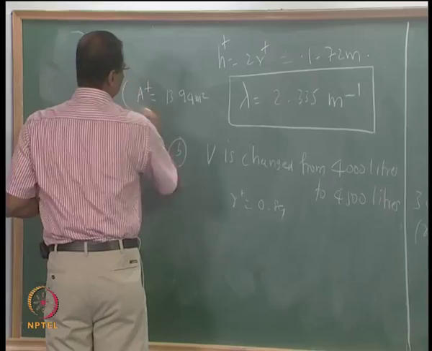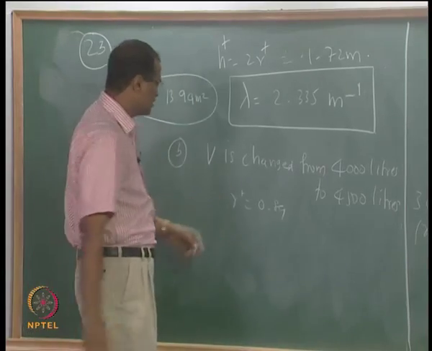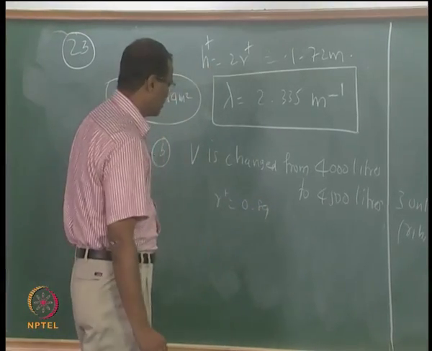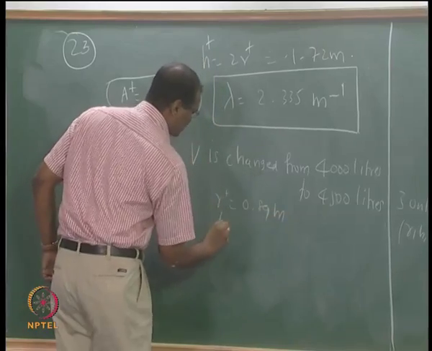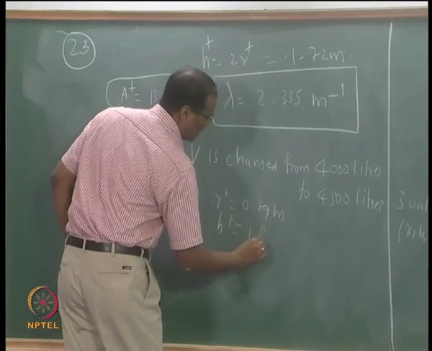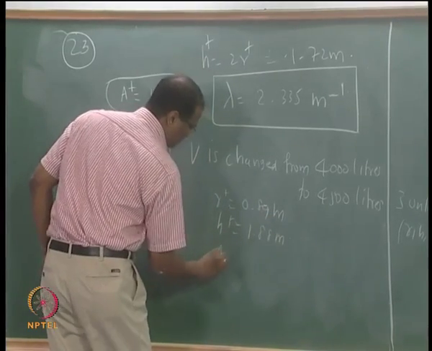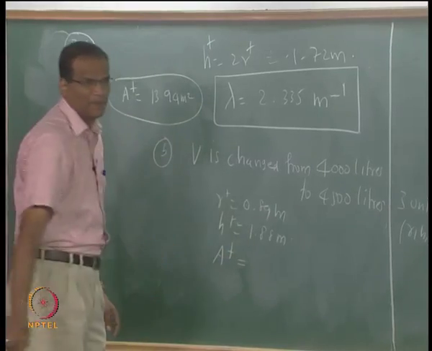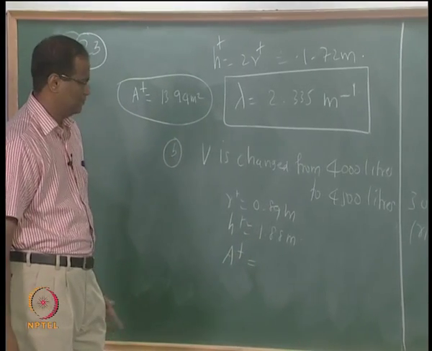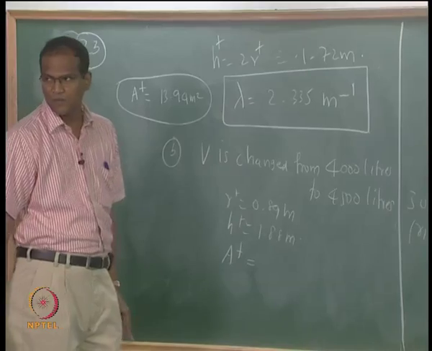All right, now R plus is good, H plus is 1.88 meter, A plus